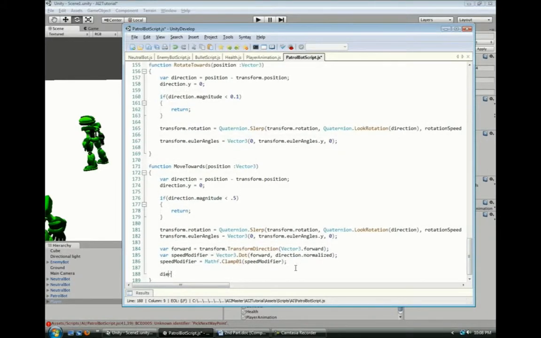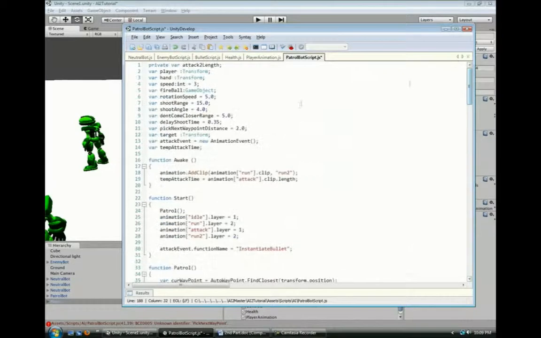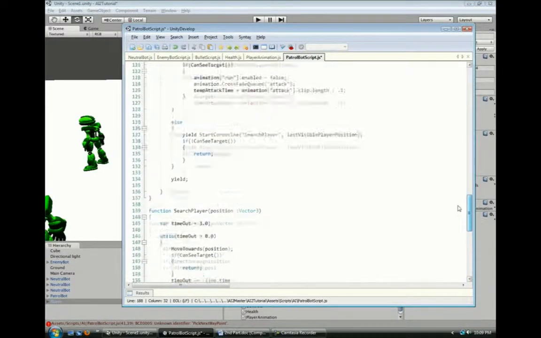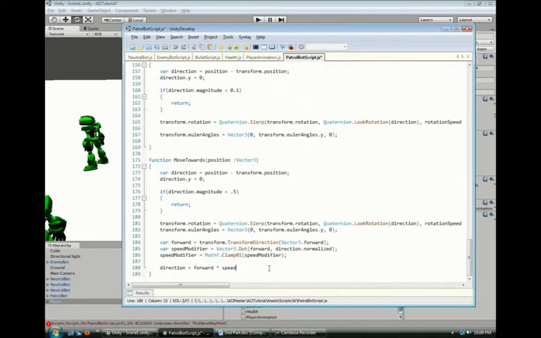The direction is now going to equal forward times speed, and speed was defined up here. Yeah, speed. And we'll also multiply by the speed modifier. Why am I doing all this? Well,